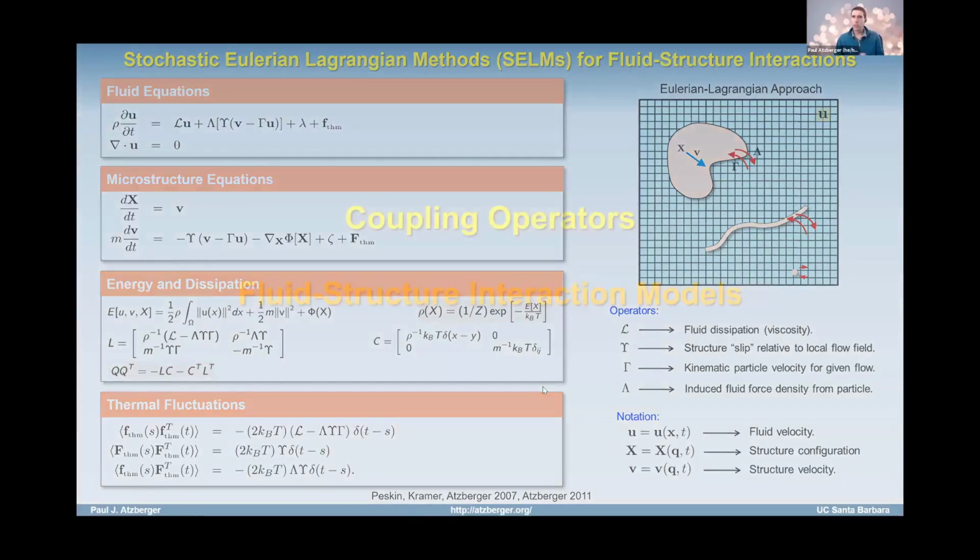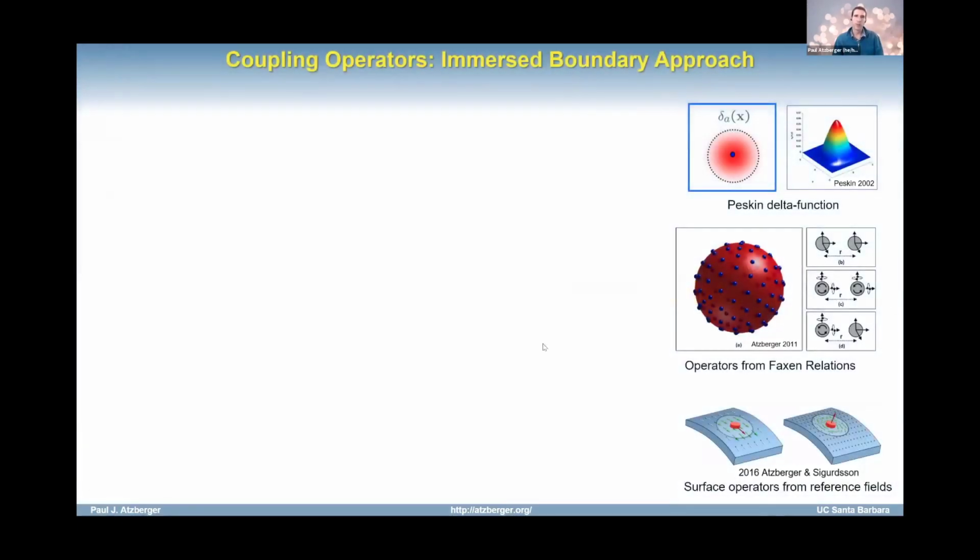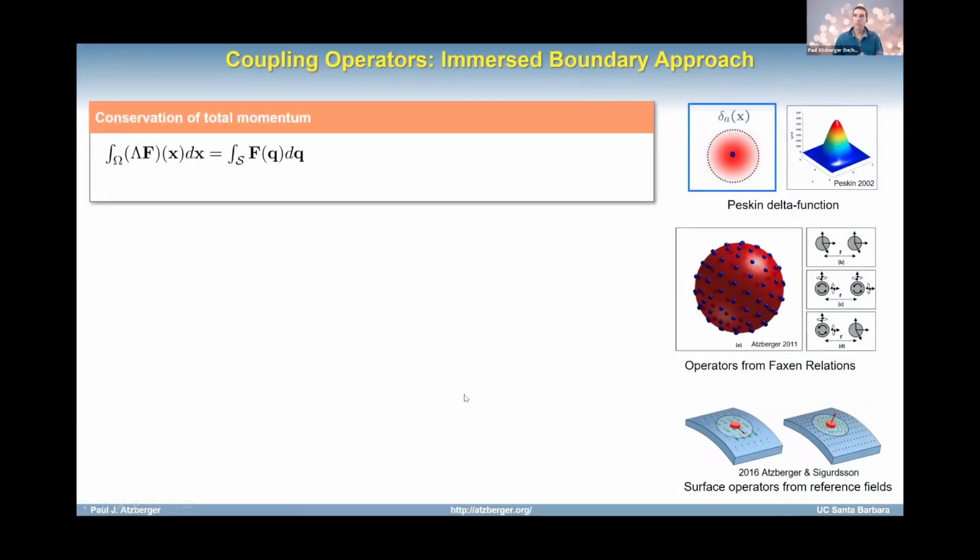Okay, so there's many ways you can do coupling operators, and I find this to be a particularly fun and interesting aspect of immersed boundary methods. The one that you're probably most familiar with is the one that Charlie Peskin introduced in his early work, which is this really nice idea that you can capture fluid structure interactions essentially through doing this velocity averaging and force spreading using a sort of smeared out Dirac delta function. And then there was very nice work done deriving what appropriate properties should be for these kernel functions to get nice properties like translation invariance and so on, to some good approximation.